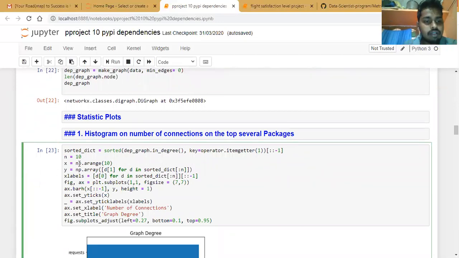Here I have given something called sorted dict. I am creating a dictionary which is sorted in nature, and I have taken that from the graph object, and I have given in degree. In degree is nothing but the number of incoming connections. And here I'm using something called key and operator dot itemgetter